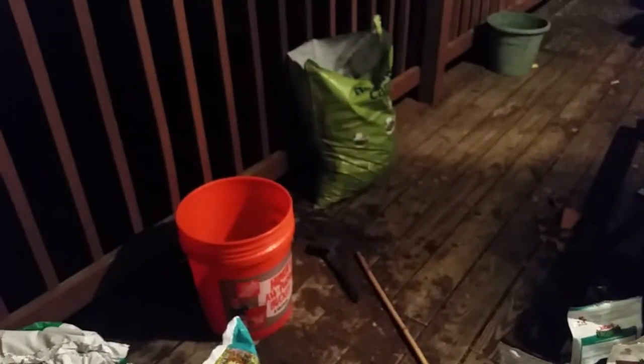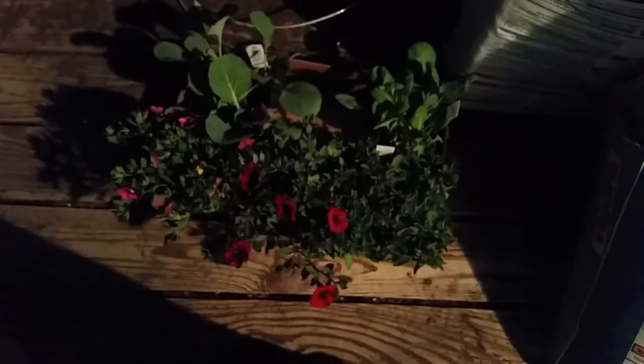Okay, it's not very bright out here. My cat got outside too earlier because Nick didn't close the door very well, so we might hear a cat out here somewhere. But anyway, I got some more